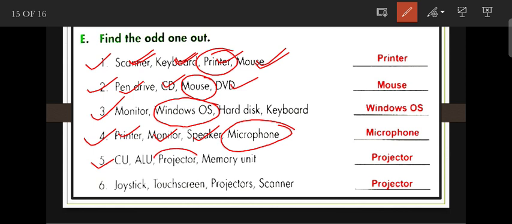Projector is the odd one because CU, ALU and memory unit are parts of a CPU, and projector is hardware used to view videos and images in a big display. Next is joystick, touchscreen, projector and scanner. Projector is the odd one. Joystick, touchscreen and scanner are all input devices.